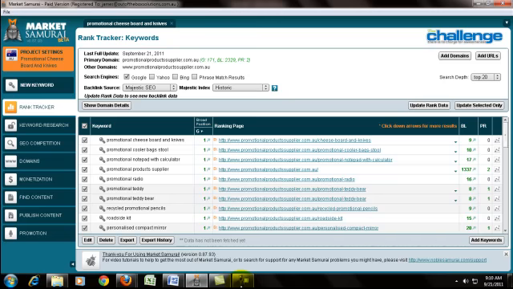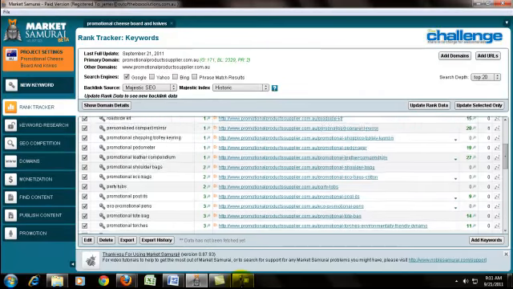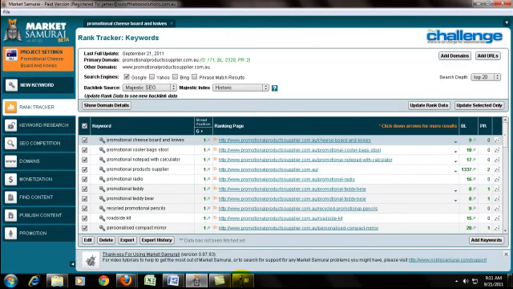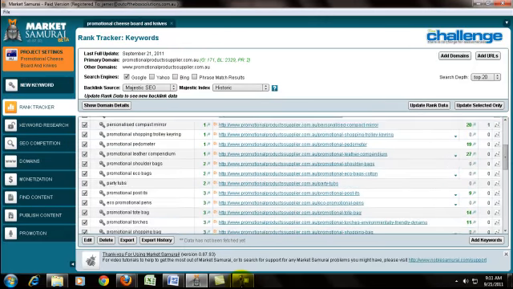For example, if we continue this keyword promotional cheese board and knives, which is already ranking number 1, the campaign will not be as effective since we also want to rank other keywords, and these keywords just need maintenance, not a full effort SEO campaign.